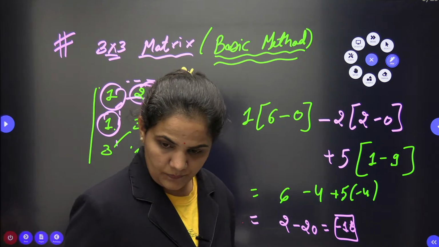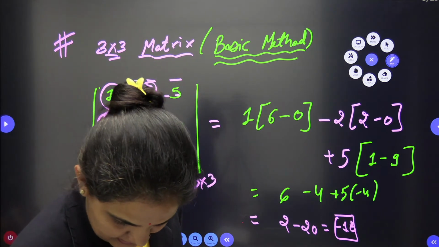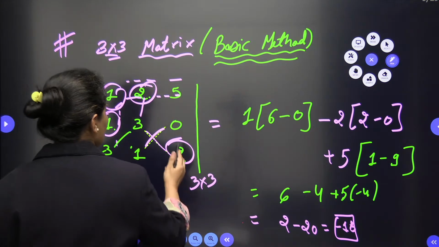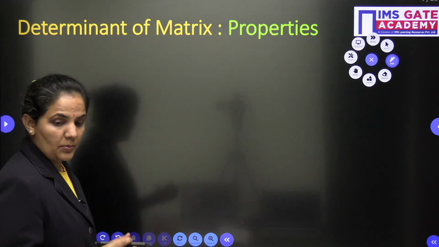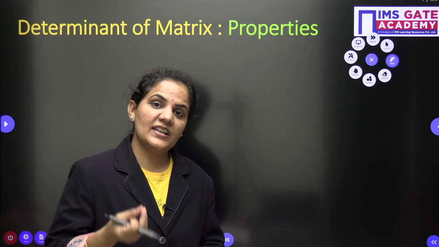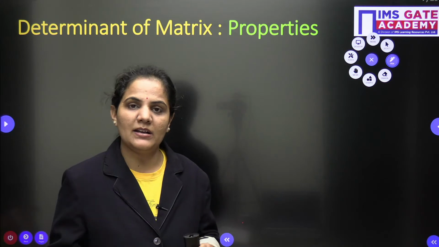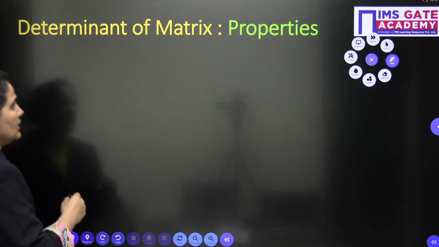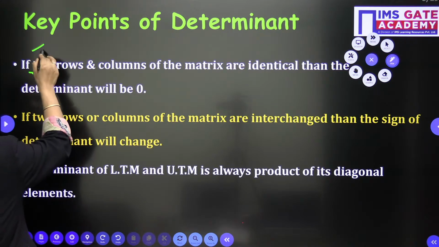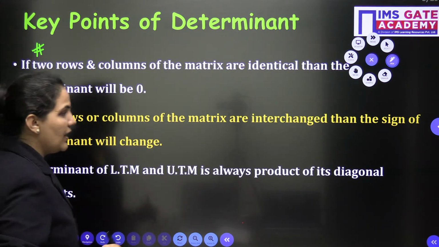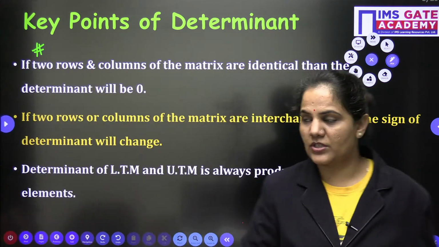Okay, now let's come to the next one. So this is the basic method which I told you. Now let's talk about the properties, because here properties play a very vital role. Properties can help you in so many questions. The properties automatically become a trick here. So let's talk about the properties. First of all, the first property is if 2 rows or columns